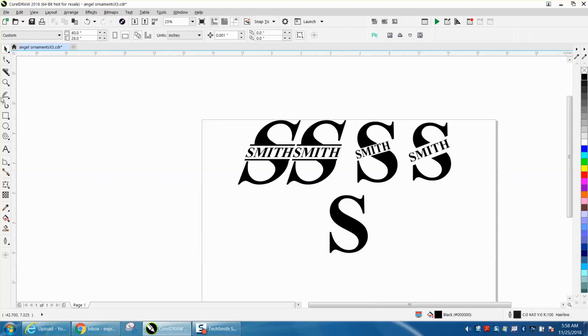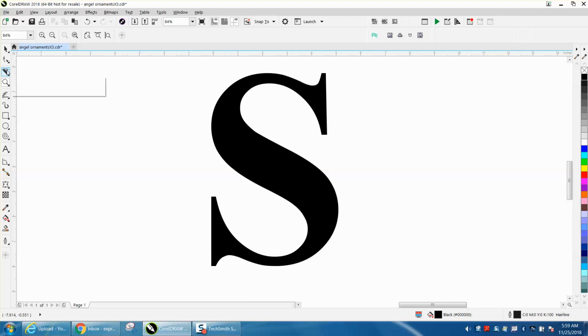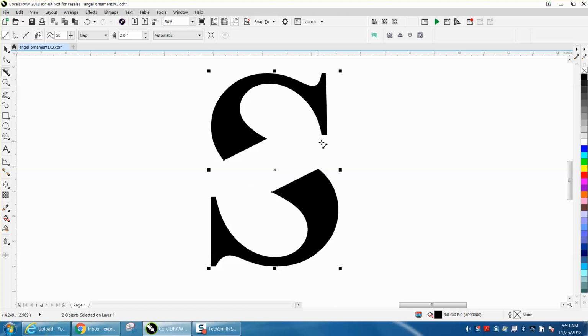So let's just do one. That's what they were wanting to do. And the only problem I can see with the knife tool and you leaving a 2-inch gap, is that you really don't know what angle you're at. But I'm just kind of going from there to there. So you don't know what angle that is. I can't really see any other way to do it, but to do it this way, to do it correctly,